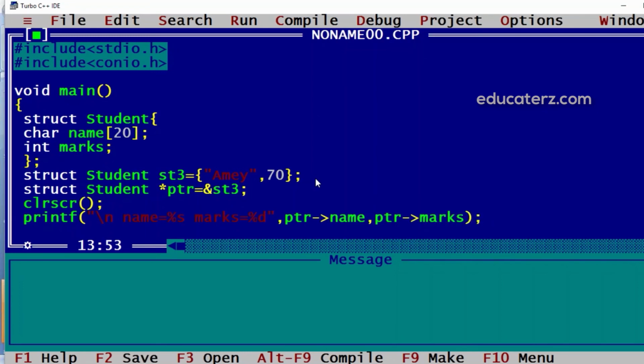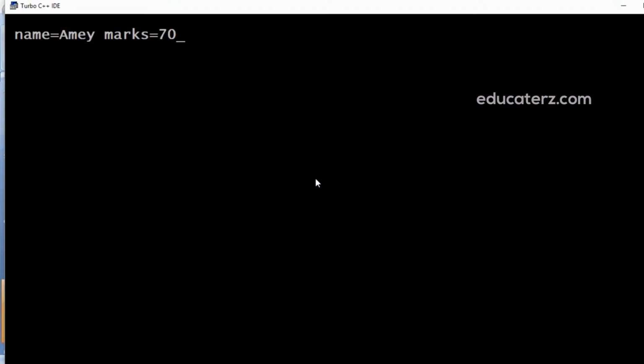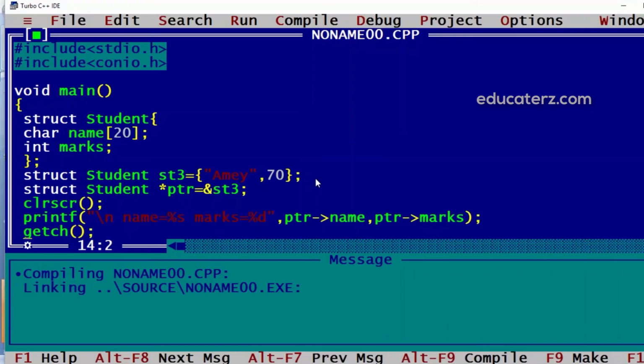So the arrow operator is used to fetch the members of a structure using a pointer. The dot operator is used to fetch the members of a structure using a structure variable. Now if I execute this, we'll get values displayed using the pointer. So this way we can use a pointer to the structure.